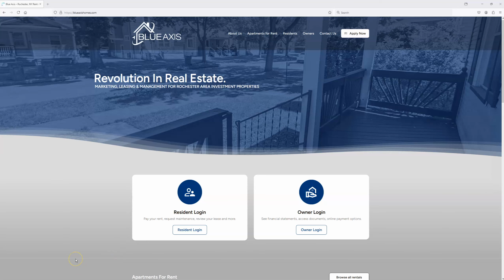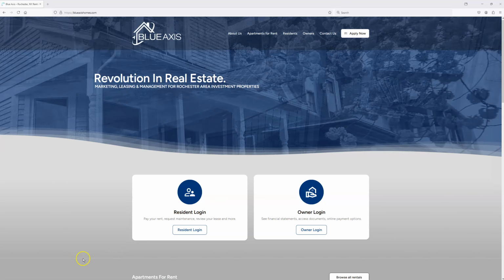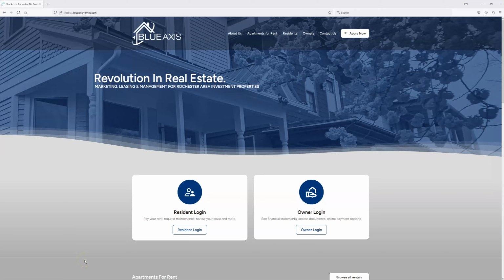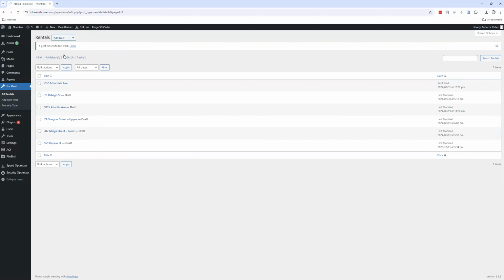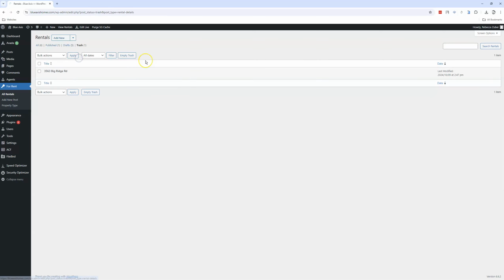Say this dummy property that we added, you just want to blow everything up completely. You don't want it saved at all. So you would just go back to your admin portal. You would click the box next to the property. Under bulk actions, you say move to trash, hit apply, and now it's completely gone. It's actually not gone. It's in the trash folder, which does get purged every 30 days or so. So if you made a mistake